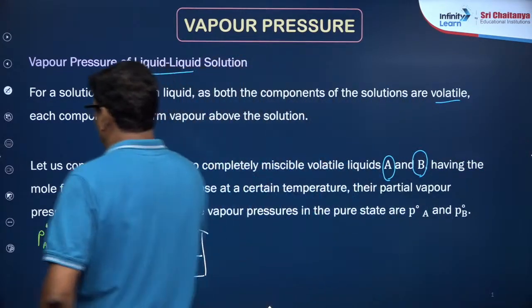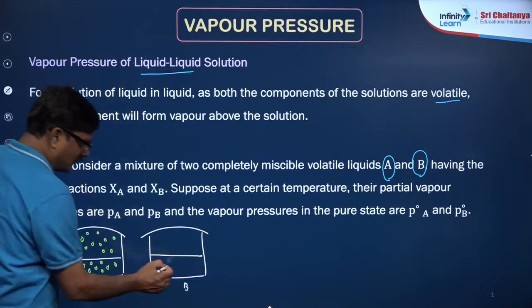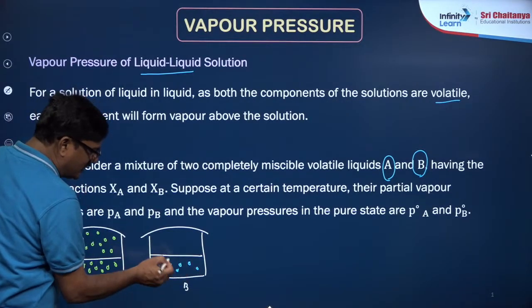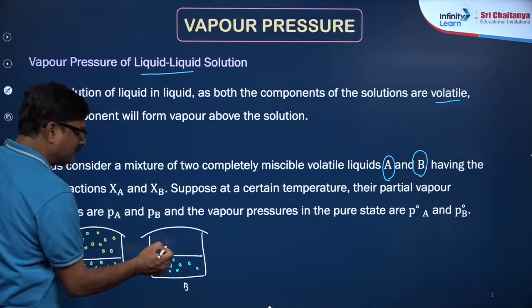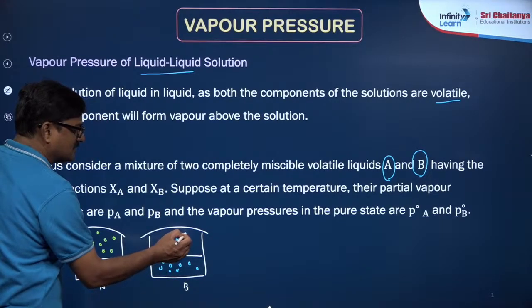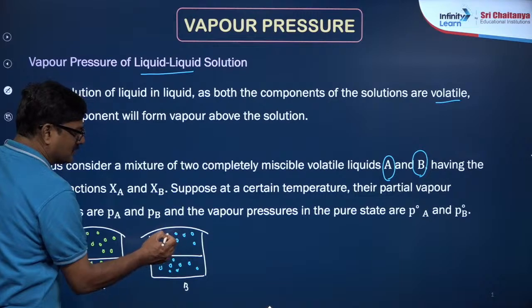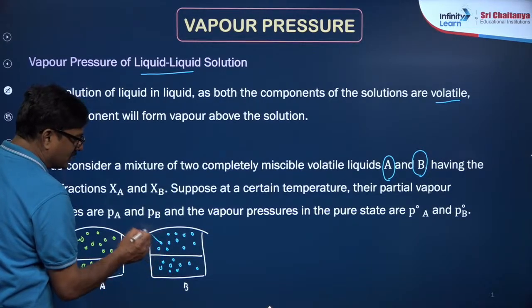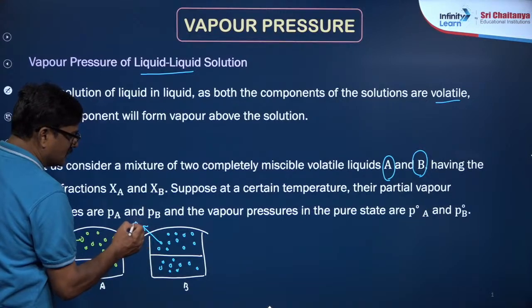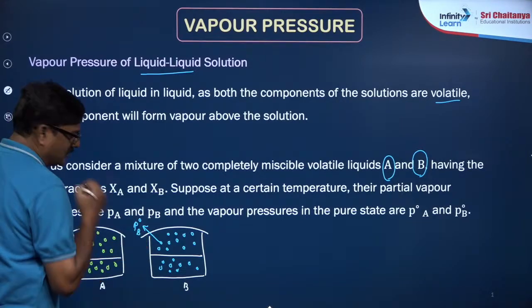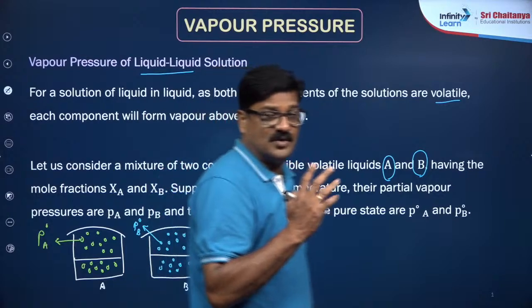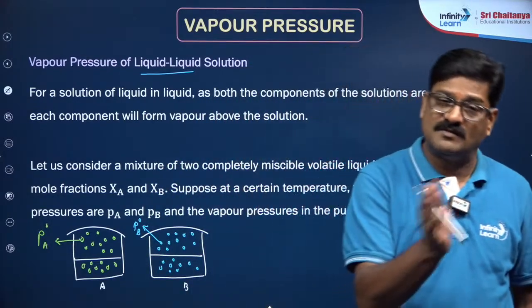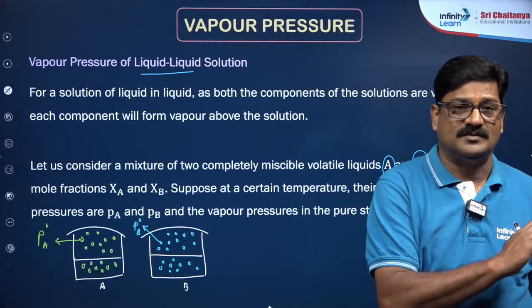Now B. This is liquid B. When this liquid B is taken separately and this liquid B has the vapor pressure, so that B component is indicated with blue, so that is indicated as P0B. You have two liquids whose vapor pressure is P0A in a pure state, in another vessel P0B in pure state,